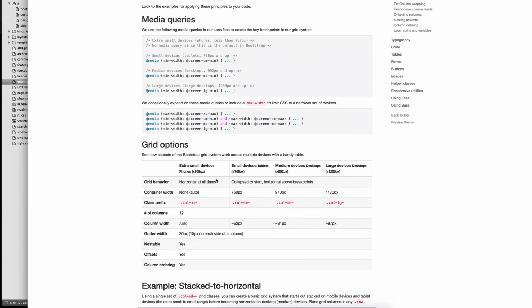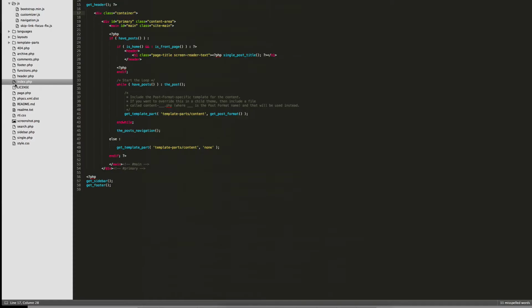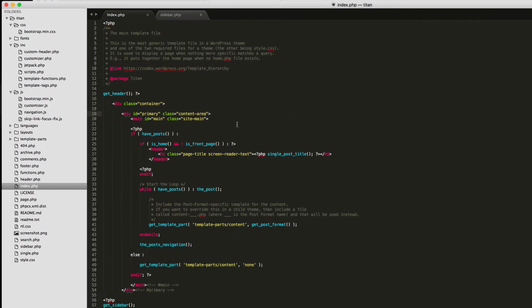Alright, so now we can go over to Get Bootstrap and actually get into the grid system. And this is where we use these classes here. Col-sm and col-md and col-lg, depending on what you want it to look like in each device. So let's go ahead and do that. Here I'm going to add col-md, let's do an 8,